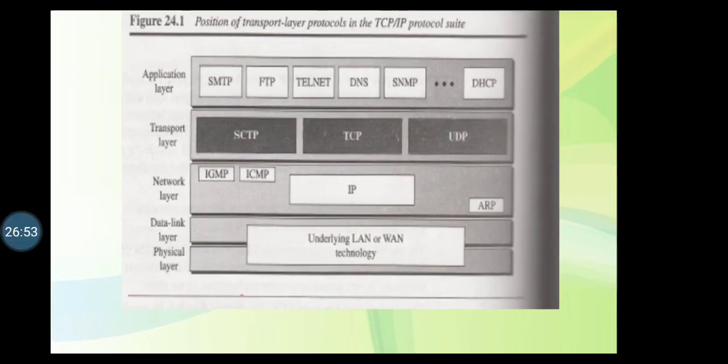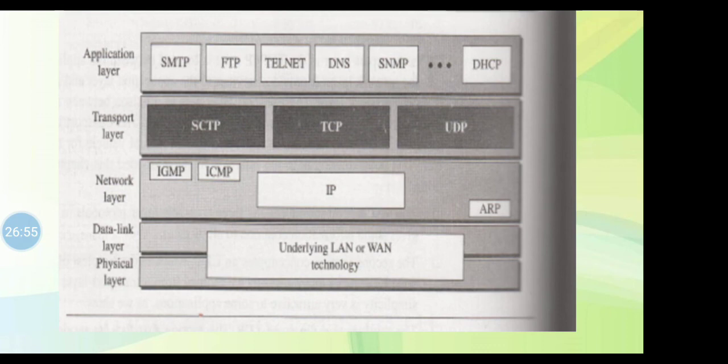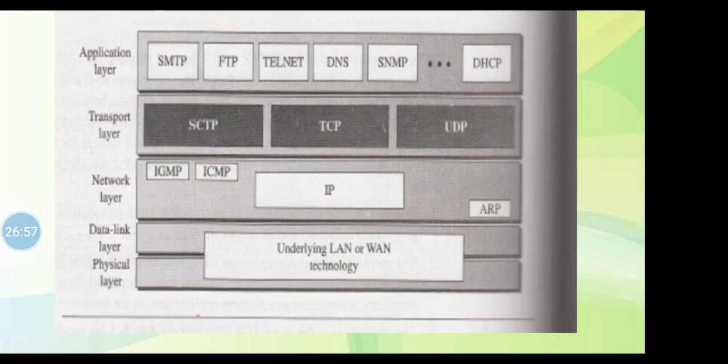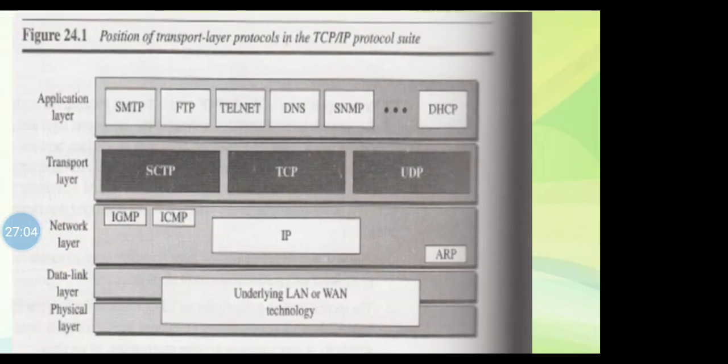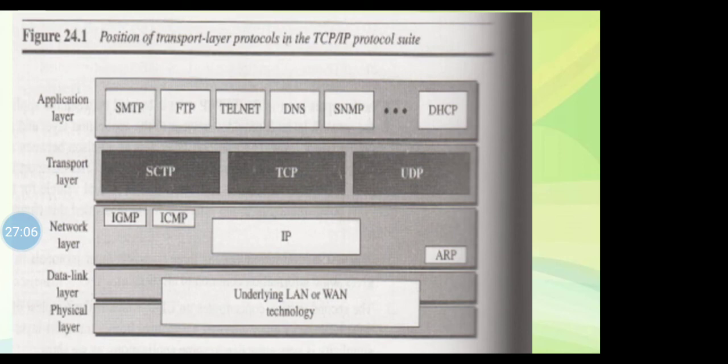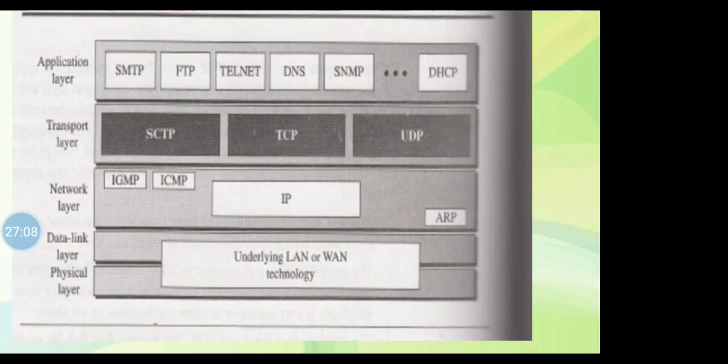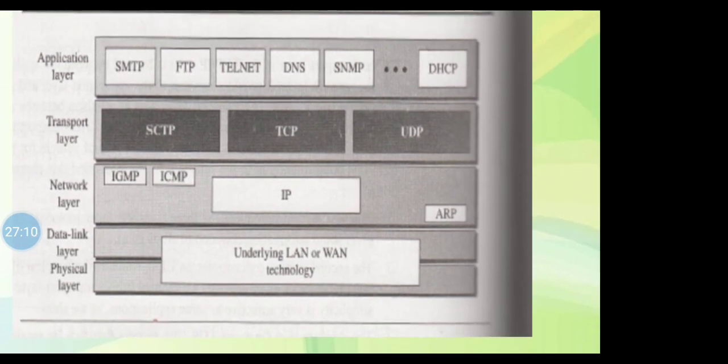This figure shows the position of three protocols in the TCP/IP protocol suite. Okay, so next you can see SCTP, TCP, UDP, three protocols in the transport layer at these positions. Then we'll discuss about services.